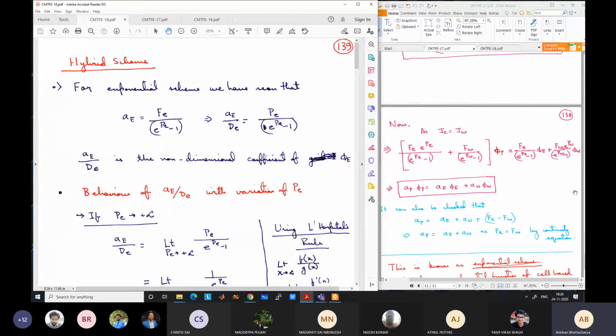This is being recorded, so if you don't remember, you can go through the recording later, because it is important to know why we are doing this. What is the broad picture here, instead of just going through the mathematics? Again, I will repeat: why we are trying to understand the behavior of AE and AW. The relative magnitude of AE and AW gives us an idea about how much of the grid point value goes into the final value of phi p.